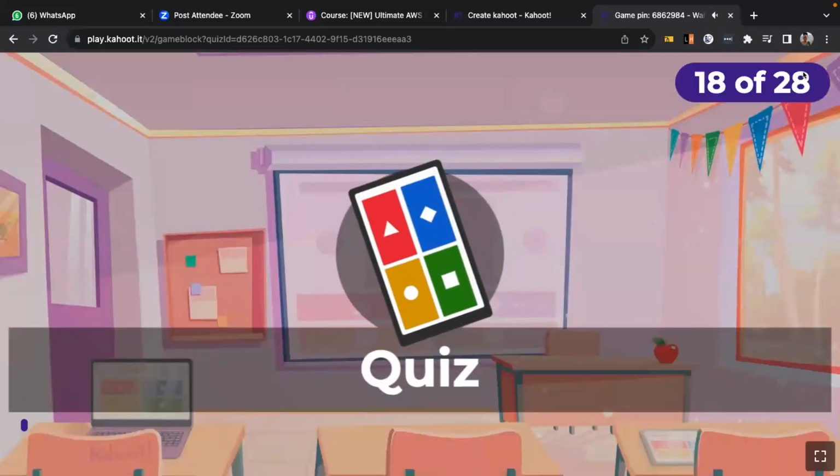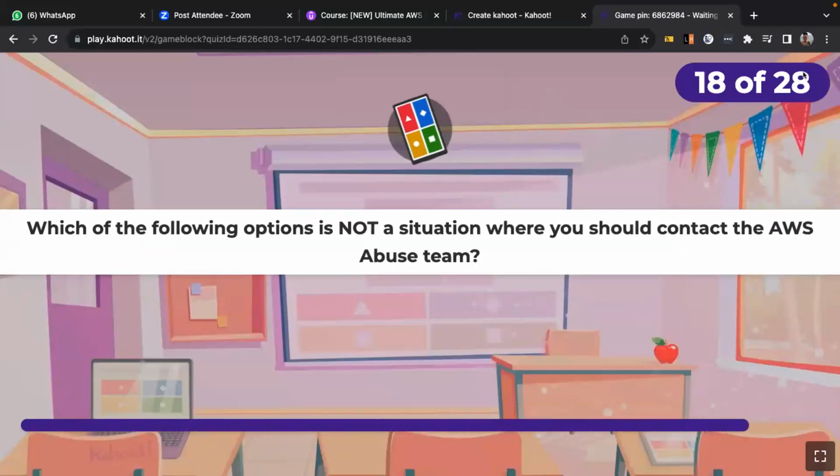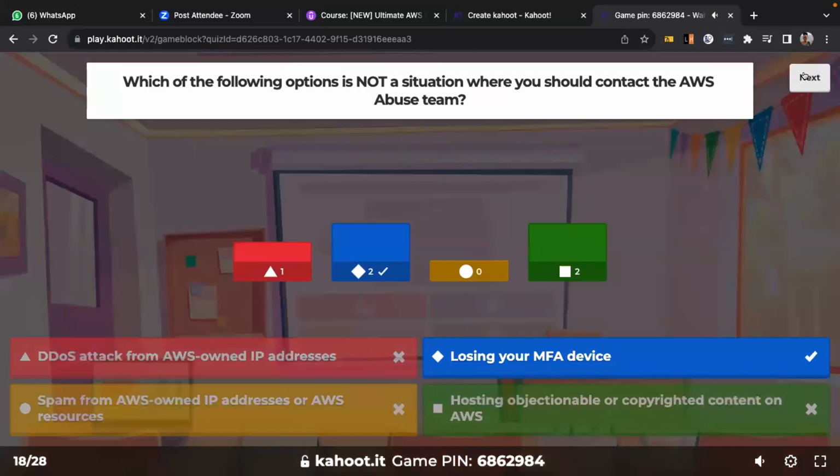Okay. So the next one: which of the following options is not a situation where you should contact the AWS abuse team? Okay, yes.